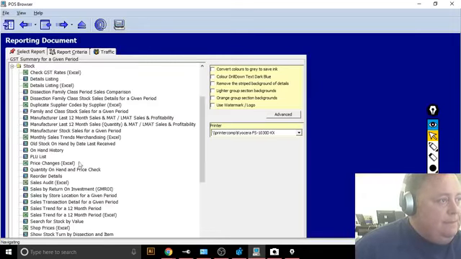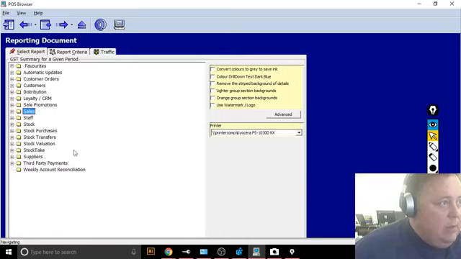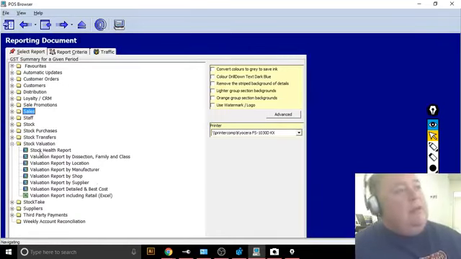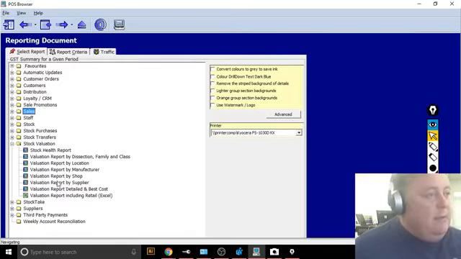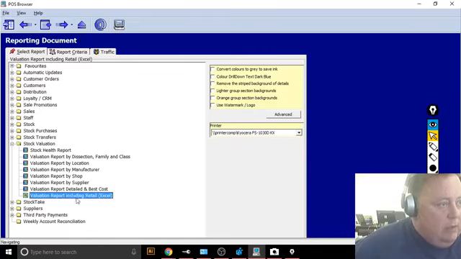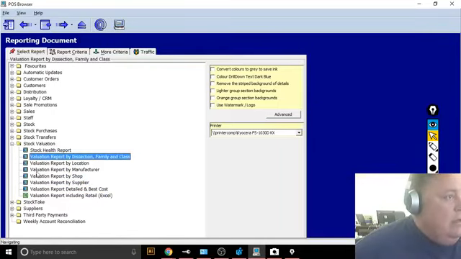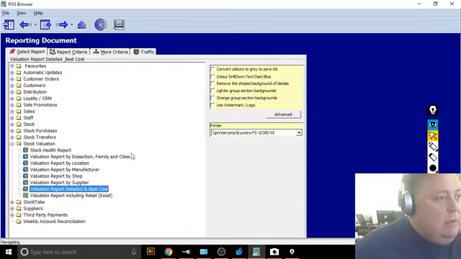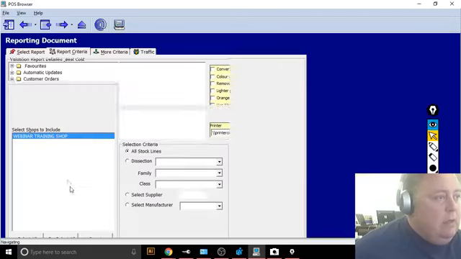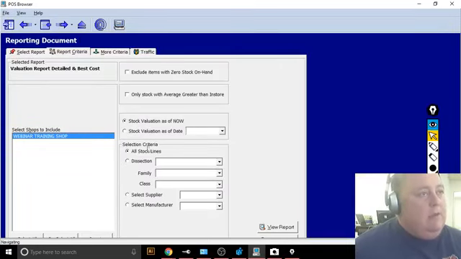Under stock valuation, you'll see here there's a group of reports that basically tell you what's going on with your valuation. Now, you'd probably just go to valuation report, including retail, for Excel. You can do it by supplier if you want, or the shop, by location. Again, valuation report by section, family and class, stock health report, and so on. Let's do a valuation report detailed and best cost. So this valuation report is basically going to tell us all the stock that we have, again, assuming that we've done a proper